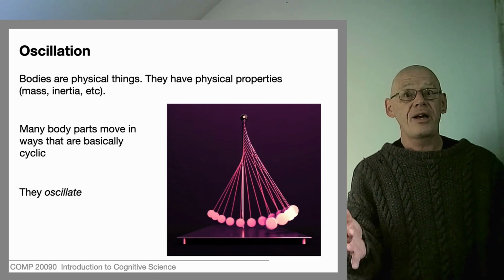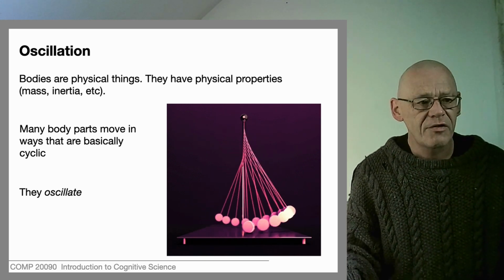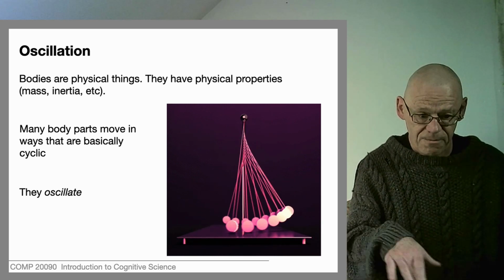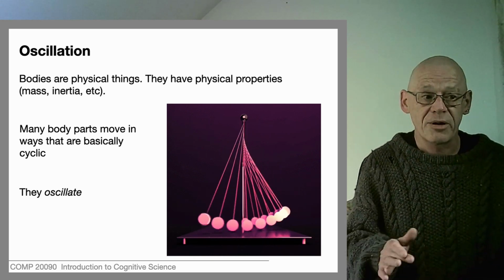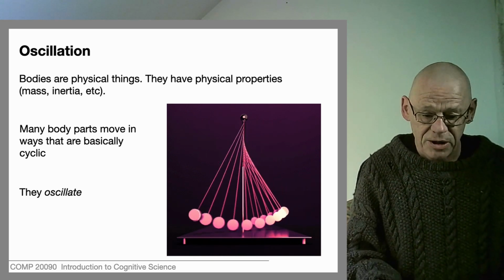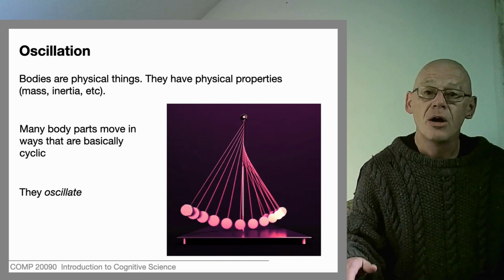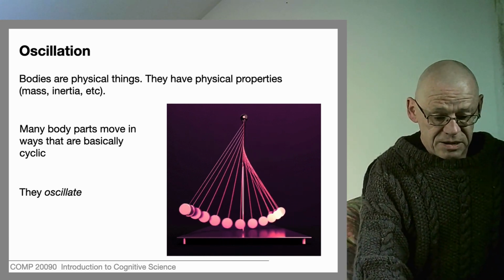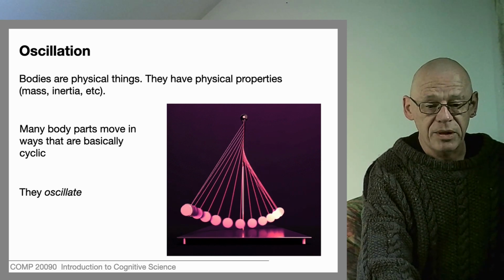We've been looking at oscillating systems in physics for 400 years. We have very, very good mathematics for studying things which go through cycles. And so we've an awful lot of existing knowledge, physical knowledge, which we can bring to bear in order to understand how one part of a body might be coordinated with respect to another. And cyclic movement turns out to be so widespread that we can get a long way with this.